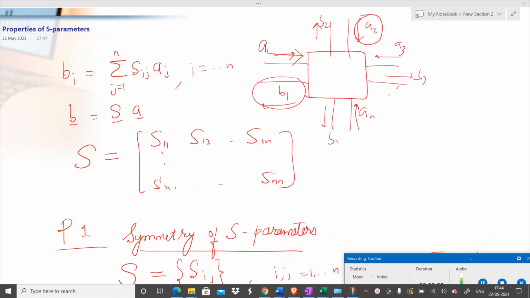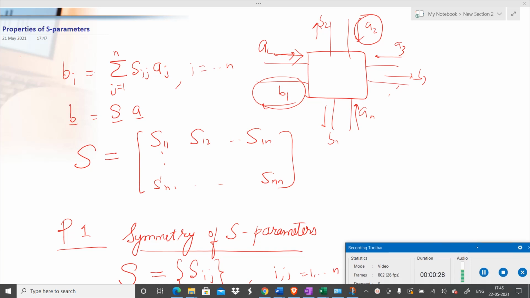We will continue our discussion and we'll basically discuss some important properties of S parameters. These properties will be very useful in computing S parameters. We will not get into detailed proof of these properties. At some time we will get some intuition only, but we will definitely get some more insight when we apply it to some microwave circuit.